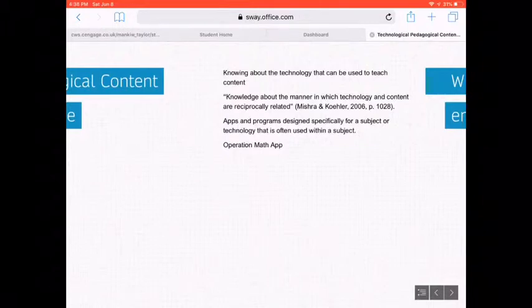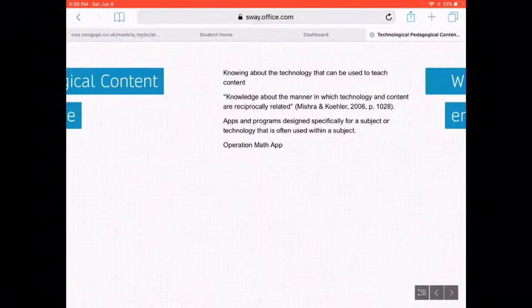As you may have learned or searched in your research area, there may be specific apps and programs that are designed specifically for a specific subject in order to help teachers effectively teach the content that they're working with, right? Or it can be technology that is used within a specific subject. So maybe there's a type of technology that can be used by all subjects,